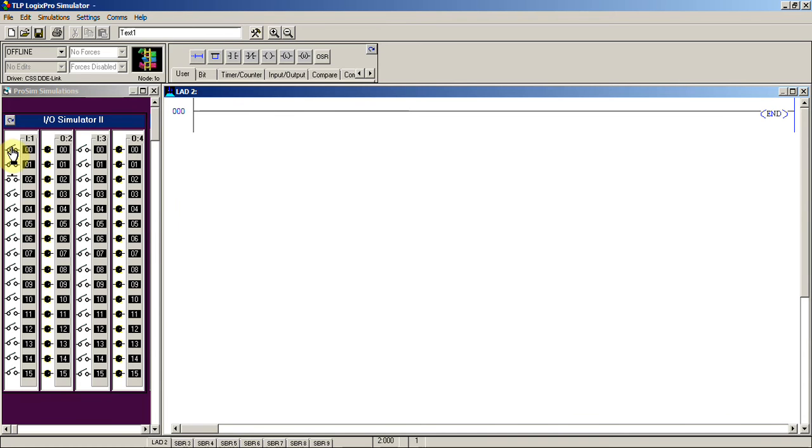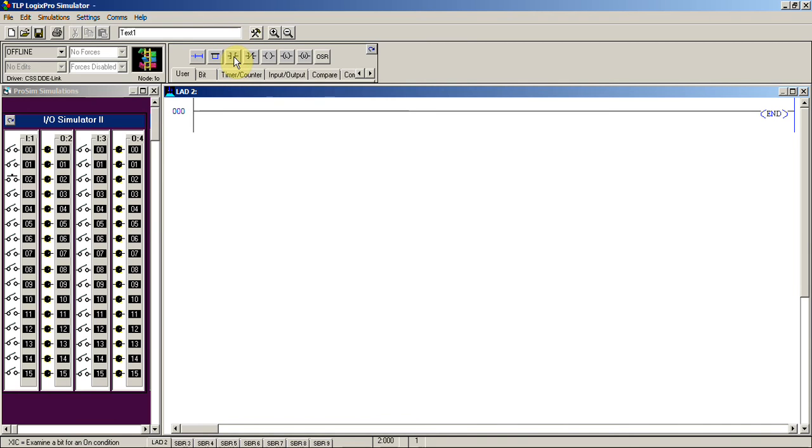Here we have switch 1, which is connected to input terminal 1 0, and another switch connected to input terminal 1 1, and one more manual push button connected to input terminal 1 2. By using this we can do the programming. Also, the output we will take as output 2 0. So here we'll show you how to do the programming and how it works.